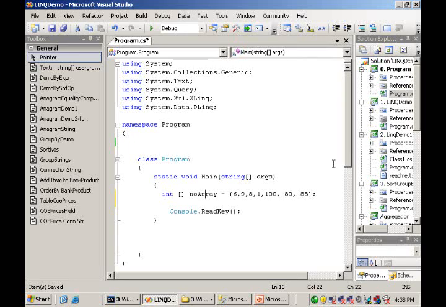Basically, extension methods is a new feature in C# 3.0, which allows you to extend or add methods to existing types. In this case, it's IEnumerable. And therefore, by importing this System.Query namespace, what we have essentially done is that given a normal array like this, we are now able to express queries on top of the array,